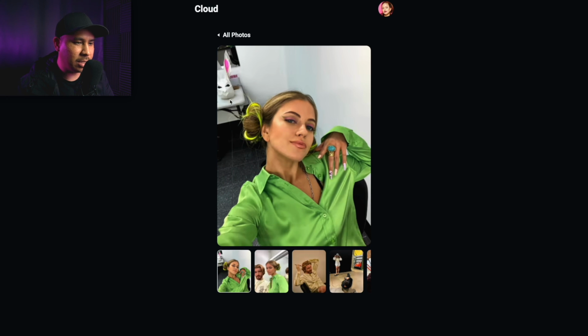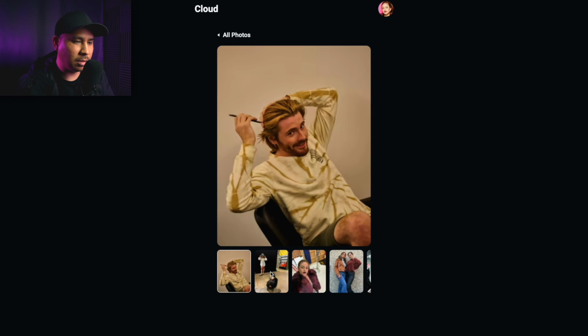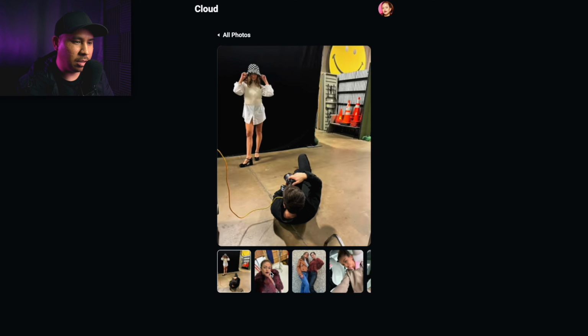Is there dates? She's wearing a ring. I don't remember this outfit. Is this during rehearsals? Okay, take a picture with David. David's just chilling here. Taking some photos.